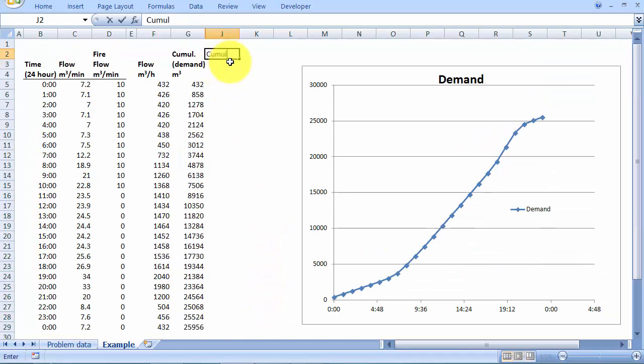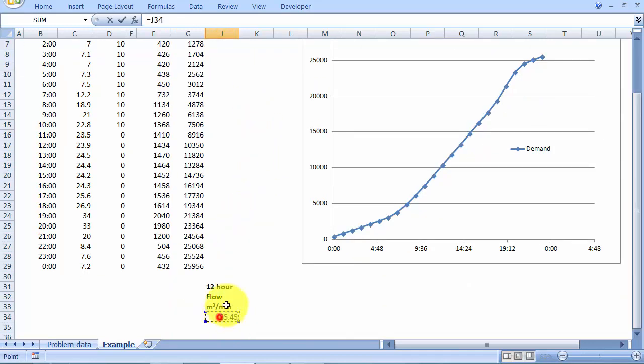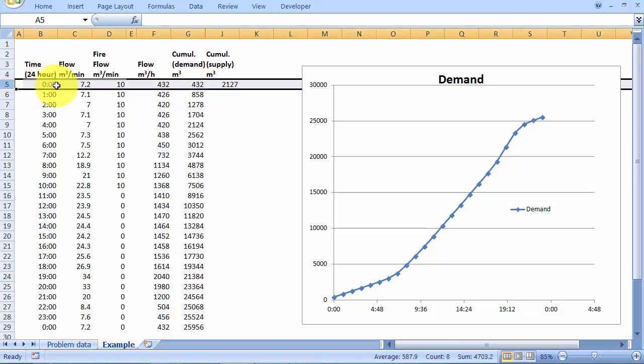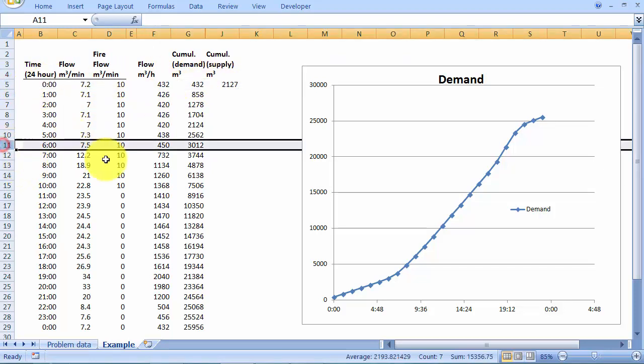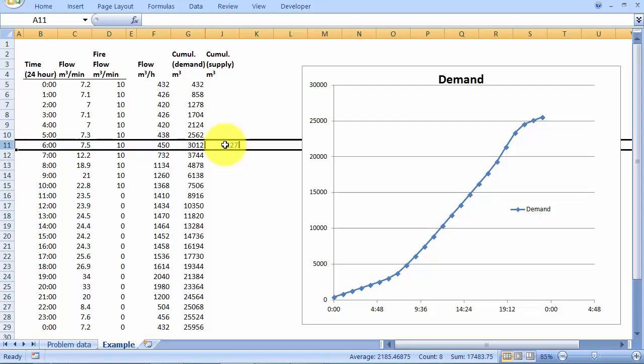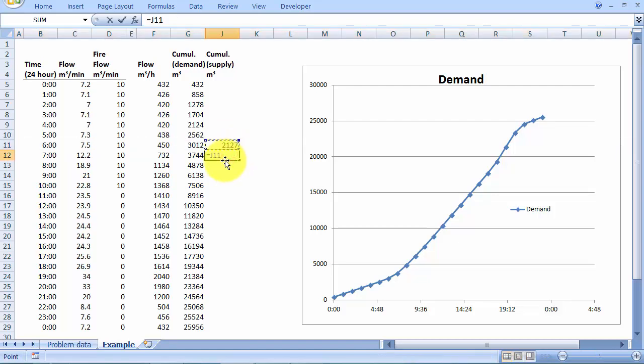Now if we have our cumulative supply, again in meters cubed, we're going to have this pumping rate by 60 minutes in an hour. So we find that we are now providing some 2,000 meters cubed in every hour, except that we're not starting pumping at the first hour of every day. We're actually starting pumping at 6 a.m. So we'll drag that down to there. I think that's in line with 6. Every subsequent hour adds that much water to the system,